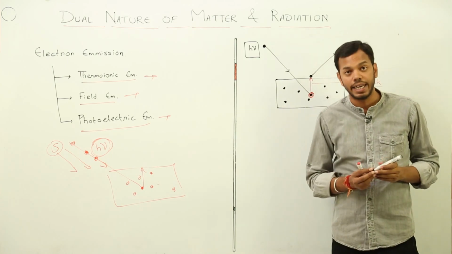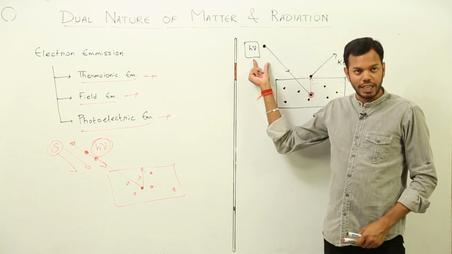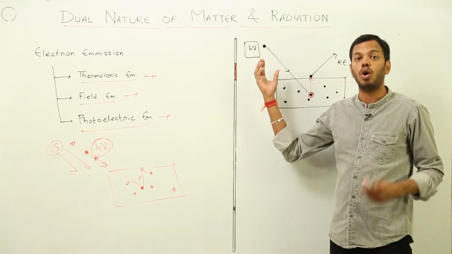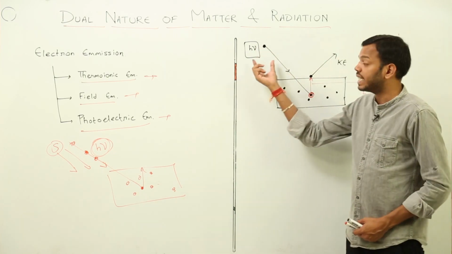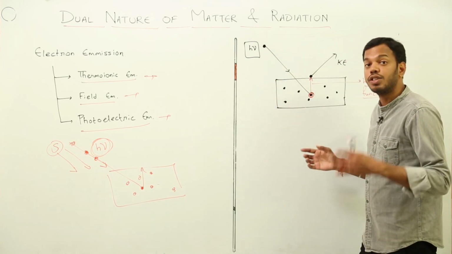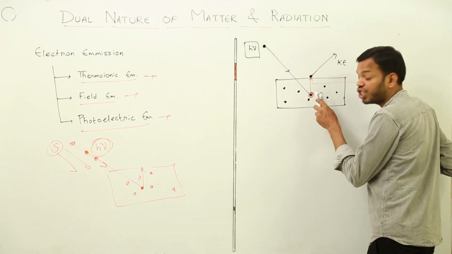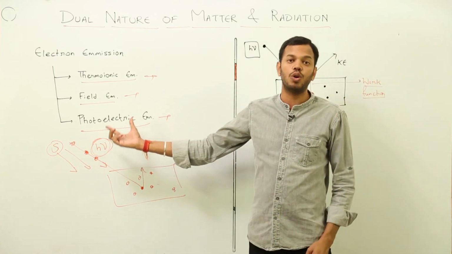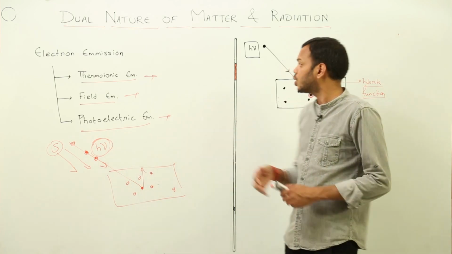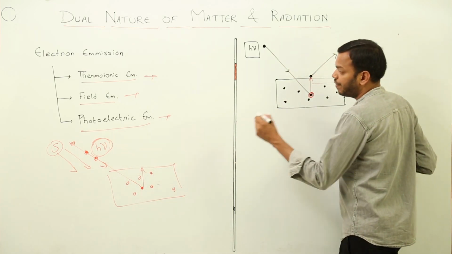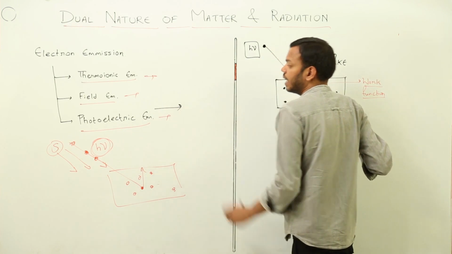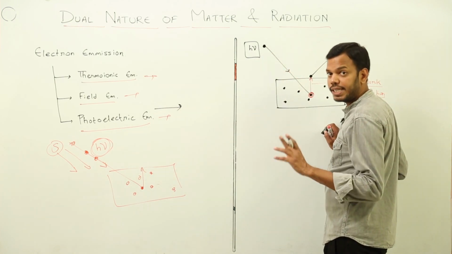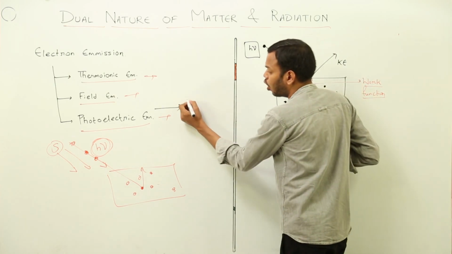Now what is the condition applied here? I'll tell you. What if the incoming incident ray, or the photon, or the source of light doesn't have that much energy, which is not sufficient enough to push this electron out of the metal surface? In that case, there will be no photoelectric emission taking place at all. So we have termed this with a statement that yes, photoelectric emission can take place from all the metals. Condition applies, it all should have